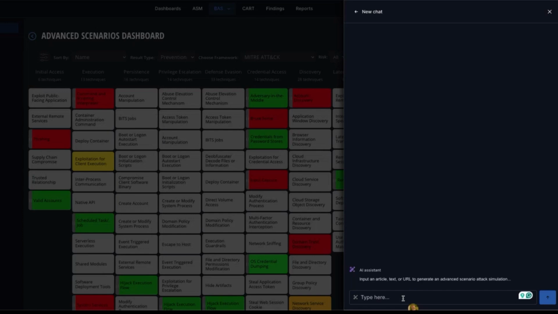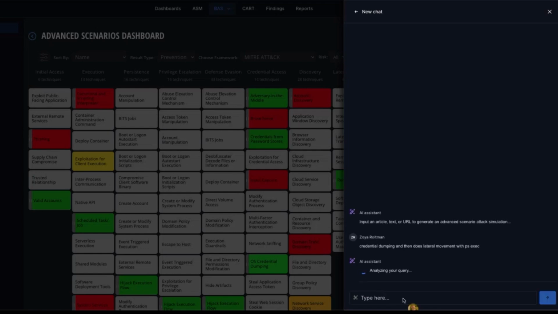I want to have a scenario which does credential dumping and then does lateral movement. Lateral movement with PS exec. So basically,